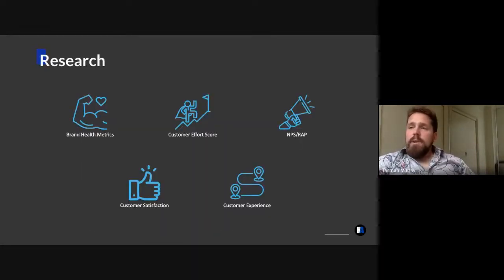Research has been a really popular way historically of understanding your customer. If you're launching a new product or if you're trying to get a better view of people that aren't in your funnel, research can be a beautiful way to do this. It can also be a great way of understanding how customers are behaving in your funnel. The major issue with a lot of research, though, is that it's actually focused on intent. And what I mean by this is it's what people say they're going to do, not what they actually do.